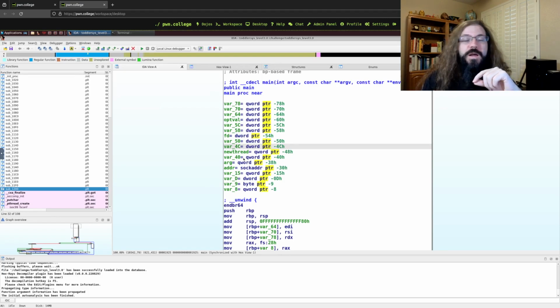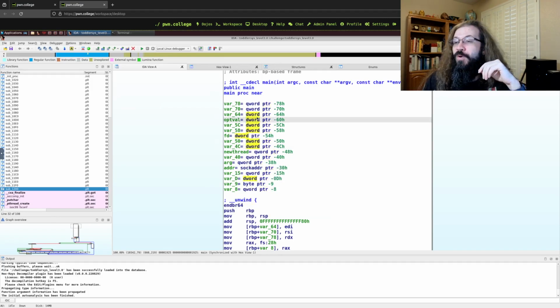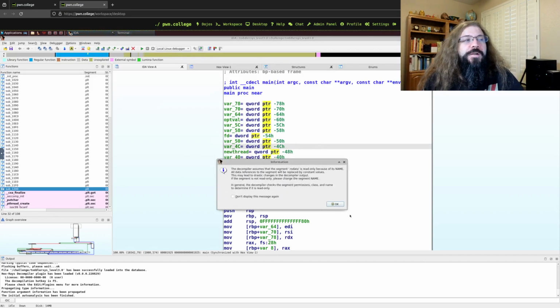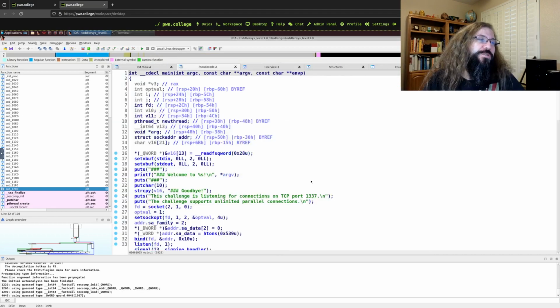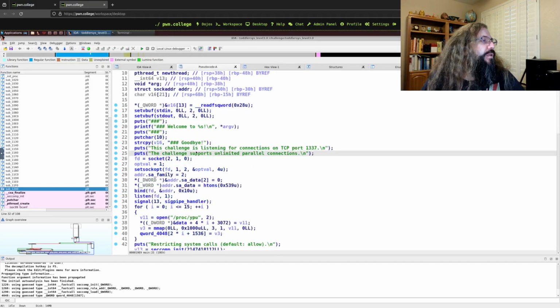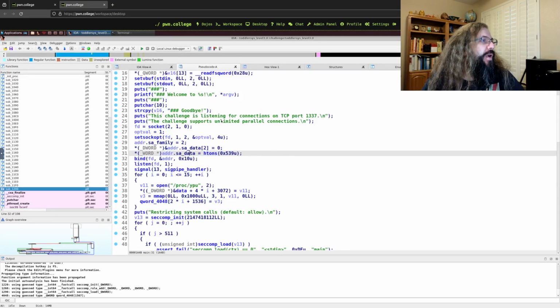The first question is: is the global buffer overflow on Toddler Sys 3 intentional? So here is Toddler 3. I believe I'm on 3.0. In general, I'm going to work on the 0.0 challenges just because it makes it easier to discuss and demonstrate topics, unless you specifically call me out and say, hey, let's do this on a 0.1 because there's a big reason to. And so if we look at the userland binary here,